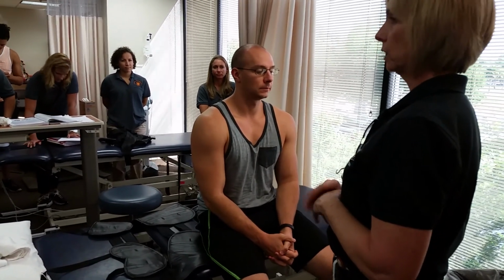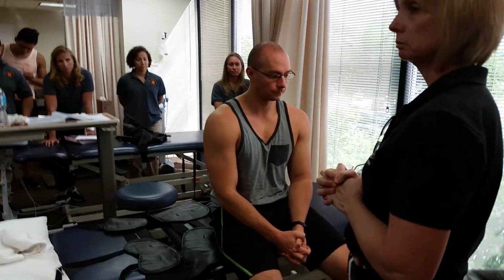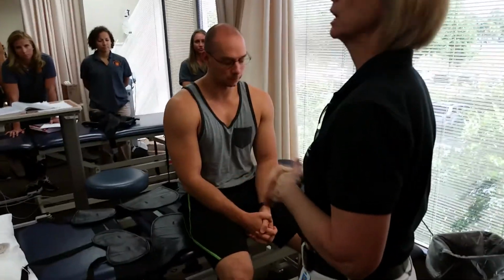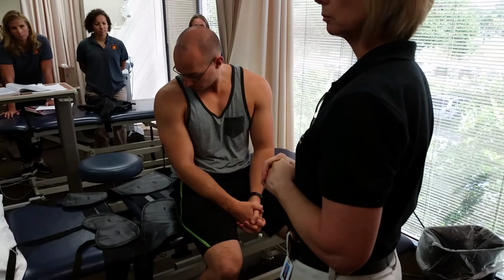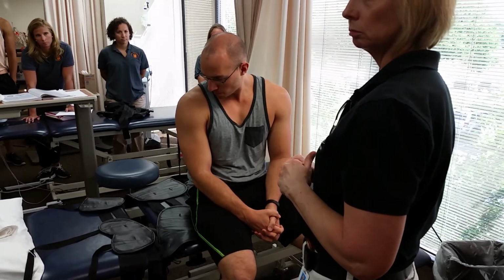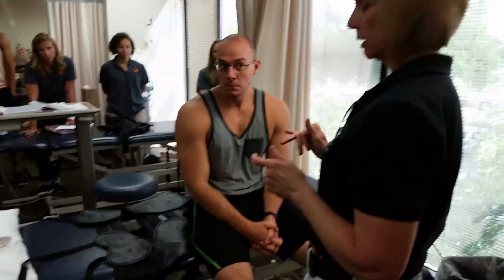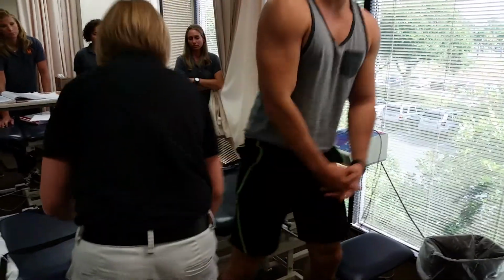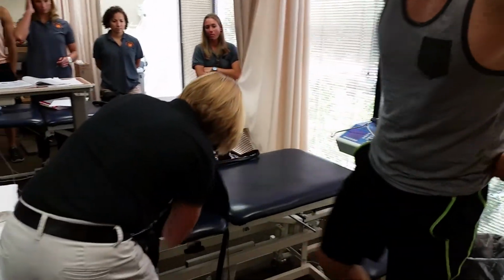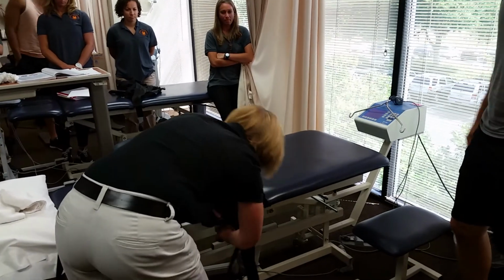Okay? So that's lumbar traction. The setup is the biggest part, right? Setting up the belts, getting them on the table right. Okay? Make sure you give him the safety switch. The thing about lying him on it and setting him up, I'm going to have you stand up for a second, is that sometimes you can't really guarantee